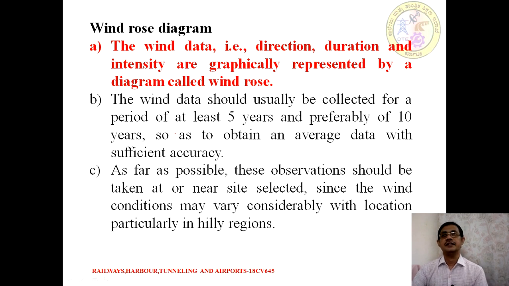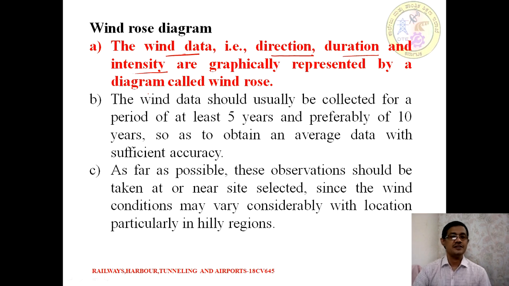As we know, the runway is going to be oriented with respect to the wind, so we need to analyze the wind with respect to its characteristics. So what are those characteristics? Whenever we talk about wind data, it always has 3 components: one is the direction, next is the duration, and the next is the intensity of the wind blowing over an area in all directions. If we represent direction, duration and intensity on graph paper, it resembles the petals of a rose,